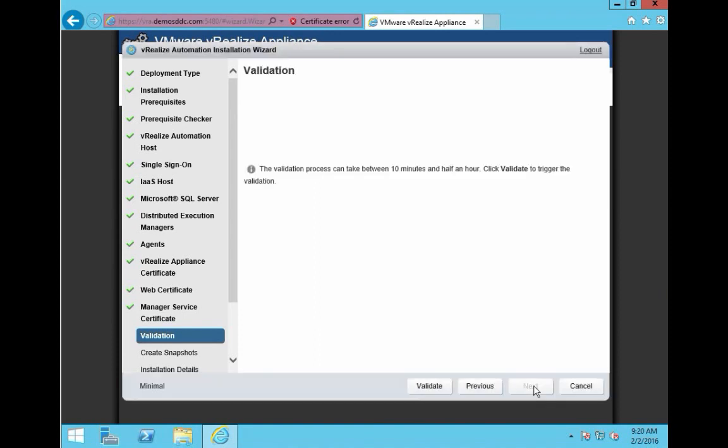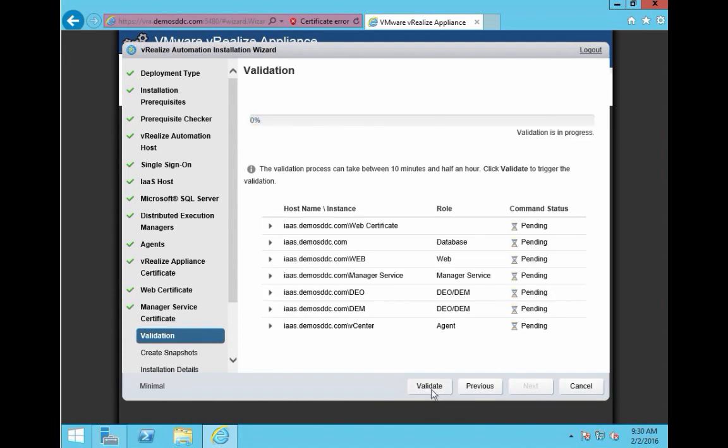So the next thing the system is going to do now is offer us to validate the configuration. This is another safety net they implemented with vRA 7, where the system is going to really ensure that all the parameters and all the information we just provided make sense. For that, you hit the validate button, and then the system is going to do all kinds of checks for you. So let's see that all these checks complete correctly. This is really going step by step through all the individual components. It validates that the database is set up correctly,